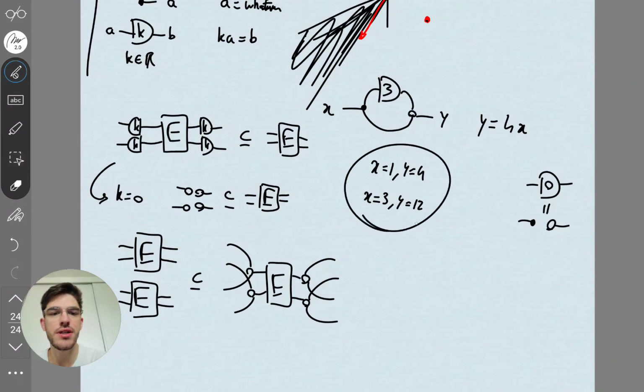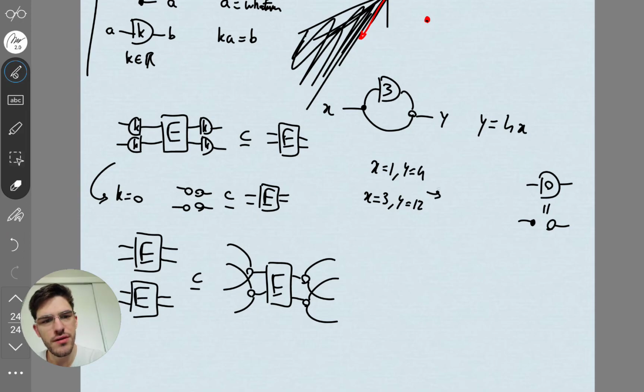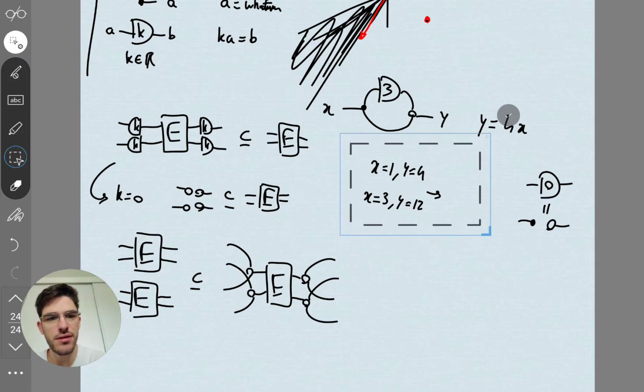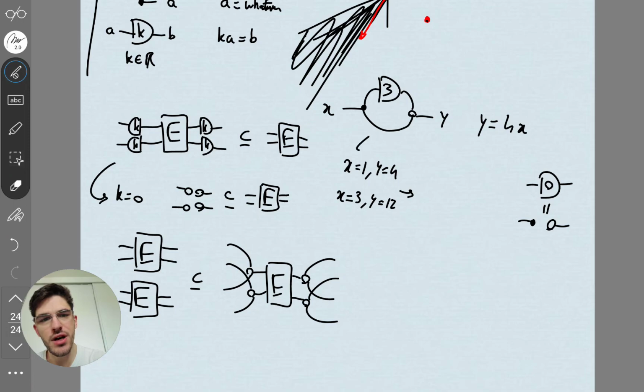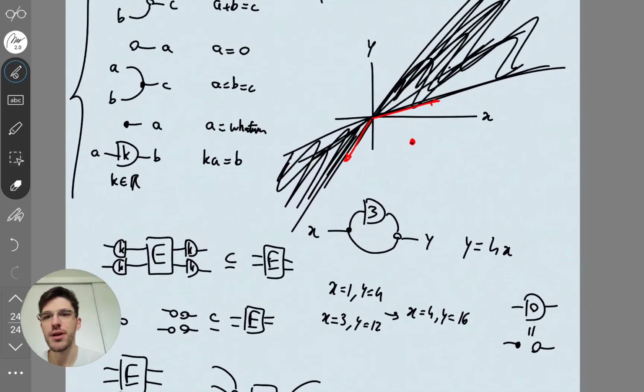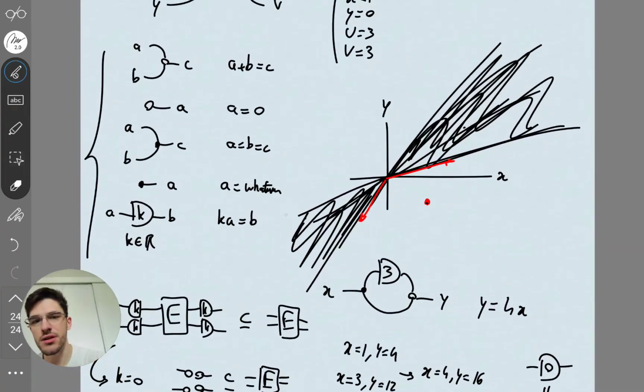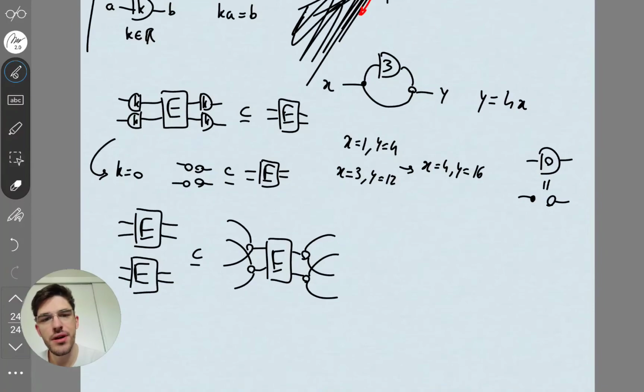What about this case? Do we have the sums? So the claim is that these are two sets of points that are clearly in here. What about their sum? So that's x equals 4, y equals 16. Oh yeah, that also validates this. Cool. It's closed under sum. And in fact, all of these are, which is not too hard to verify. For example, this one, we can write it. Is it the case that